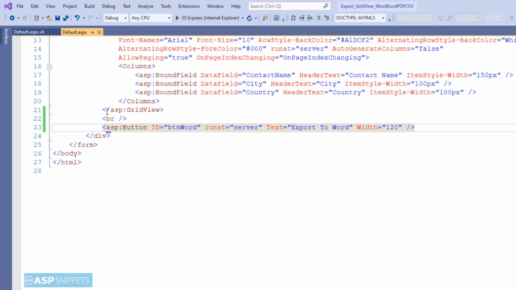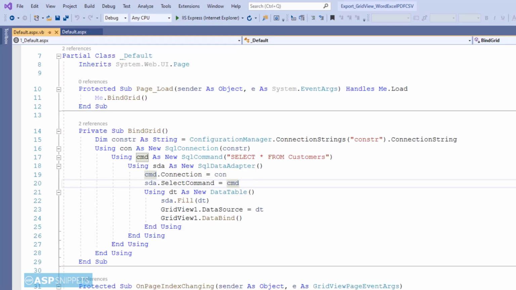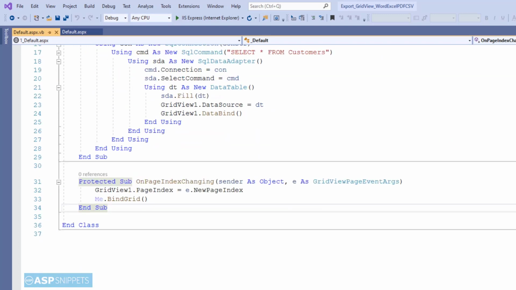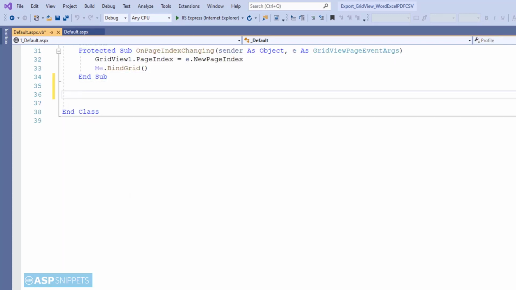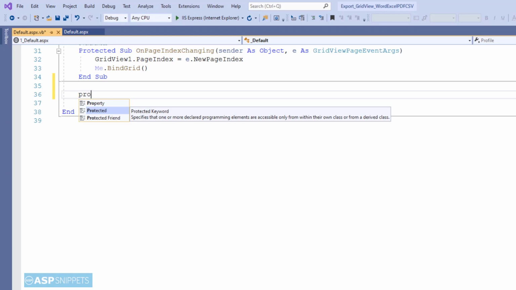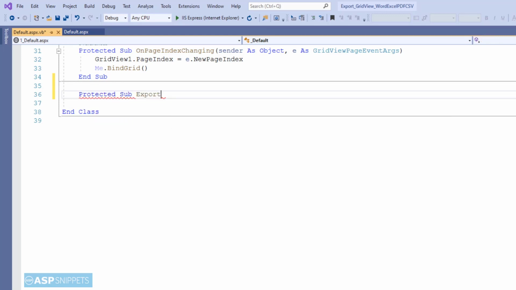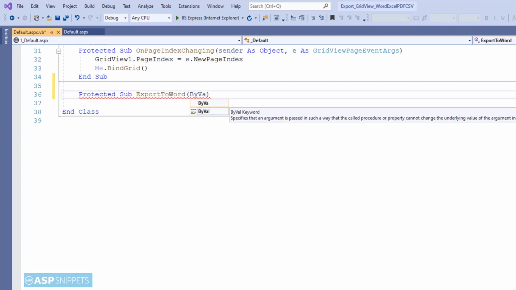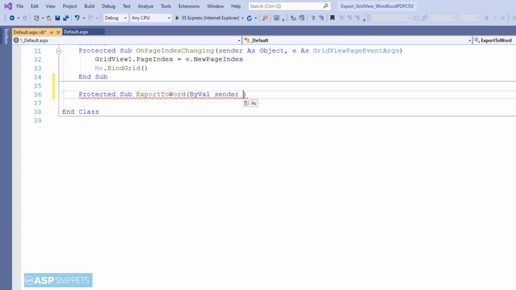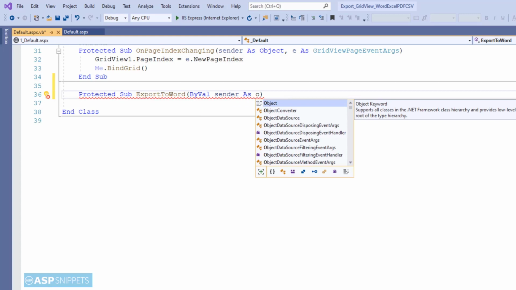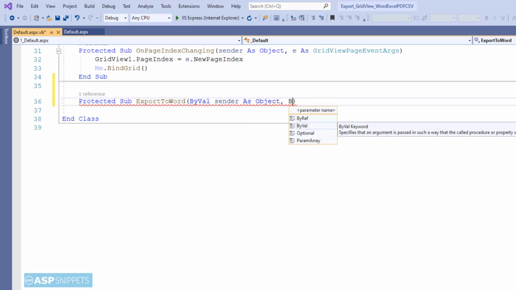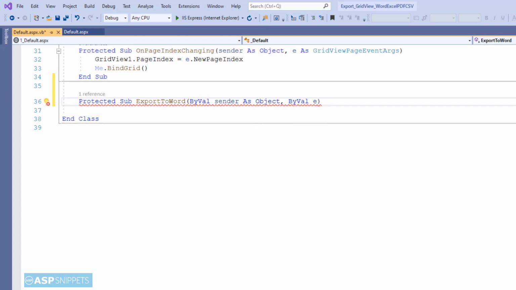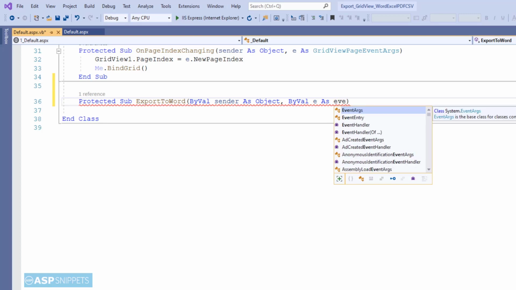Now let's move back to the code behind, where we will be writing the code to export the GridView to Word document. Here I am creating an event handler which will be called on the click of the button. In order to export the GridView to Word document, first the GridView will be converted to an HTML string, and then the HTML string will be written to response as a Word document, which will be finally downloaded into the